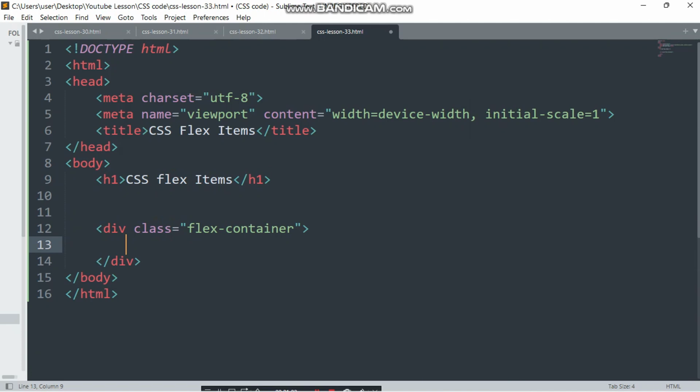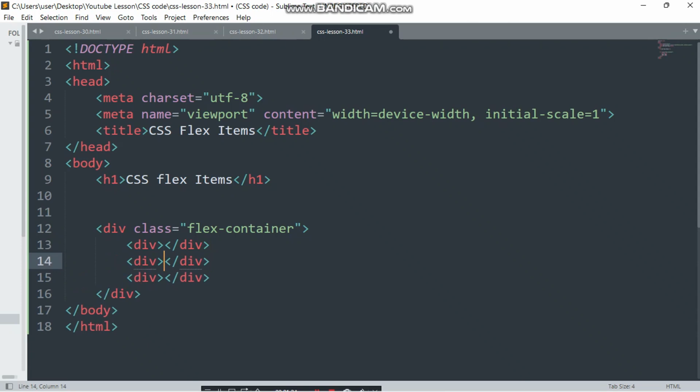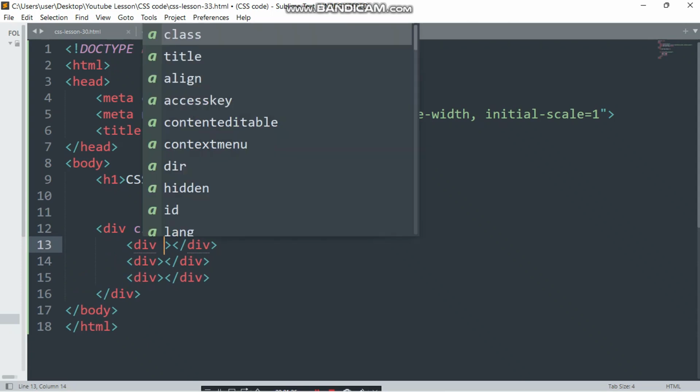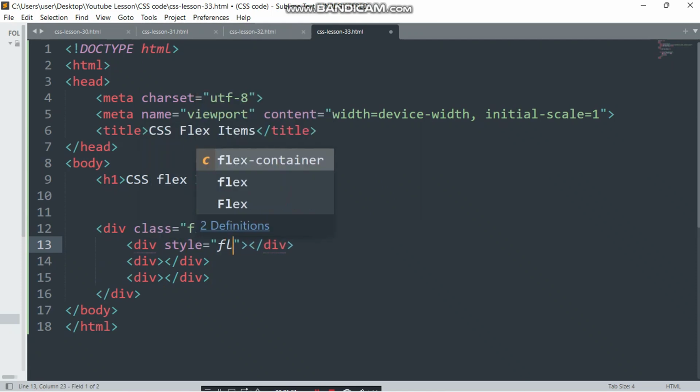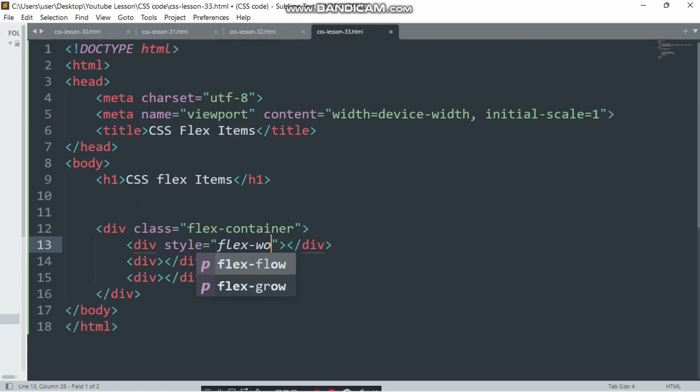In the flex container, we want to have some other divs as well. In this div here, we want to have another div as well. We'll use 3 divs for now. In the first one, we want to have an inline styling, flex